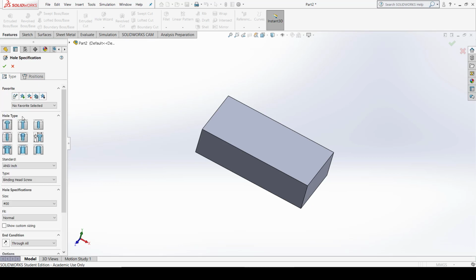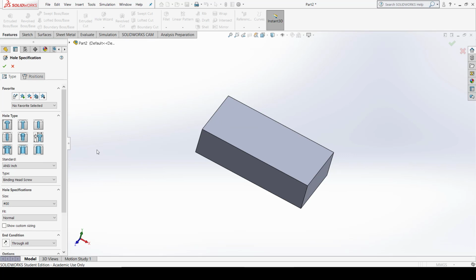First of all we have to select the type, what type of hole you want, whether it's a counterbore hole, countersunk hole, or simple hole. And then we have straight tap holes, taper tap, legacy hole, counterbore slot, countersunk slot, and slot. So there are a number of variations of hole types here. As per your requirement, you can select any of these hole types and place it on this component, and we can define the position of that hole with the help of the position toolbar here.